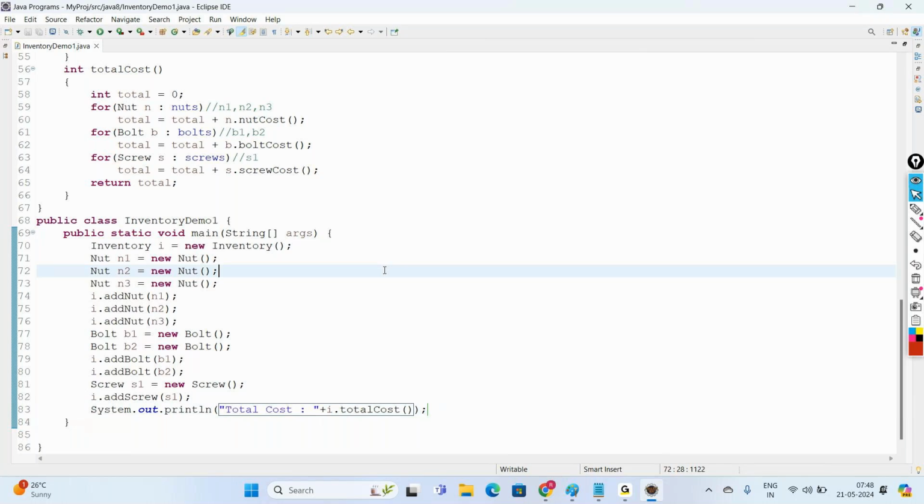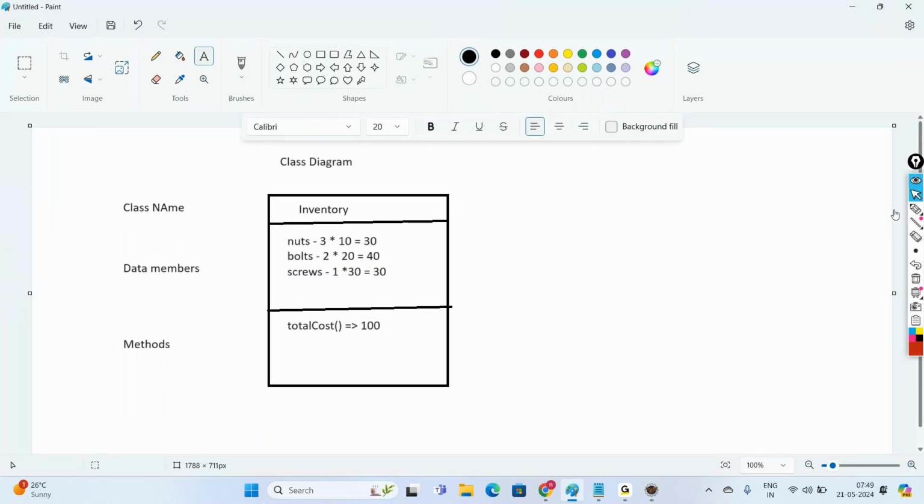Now here we did not apply any concept of inheritance and polymorphism. So we have just written the code. Now let us see the drawbacks of this code. The drawbacks are like in future if I add a new item,